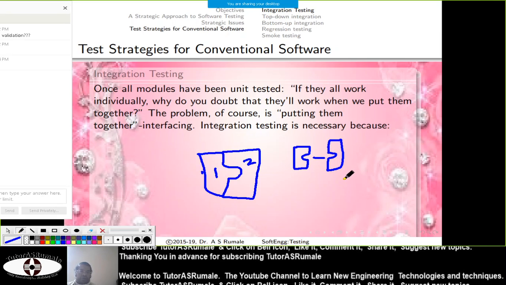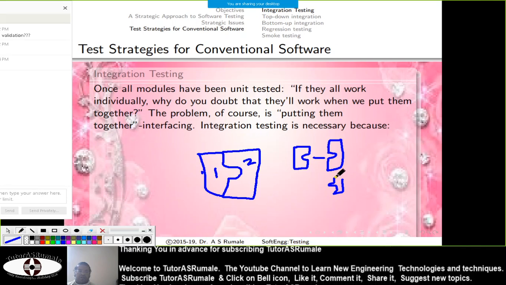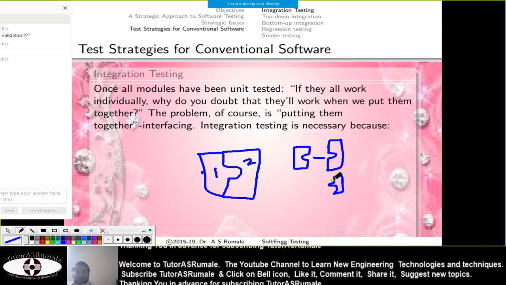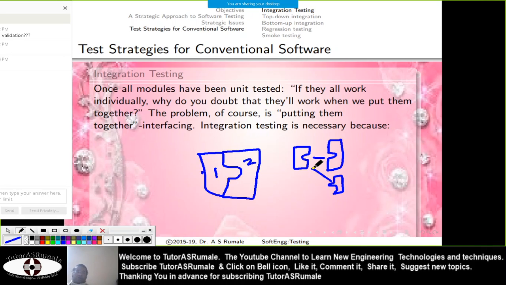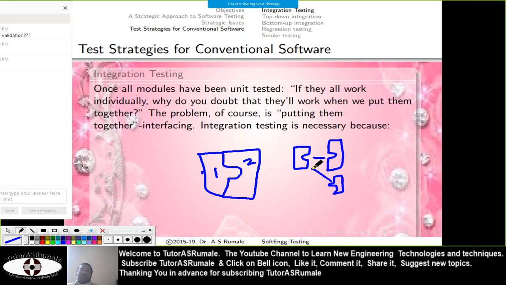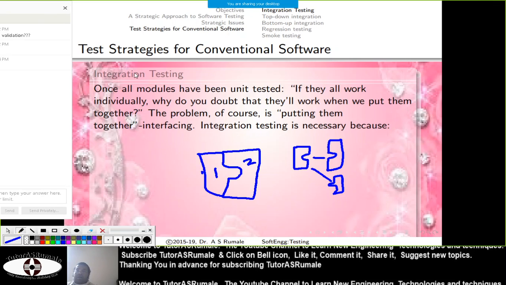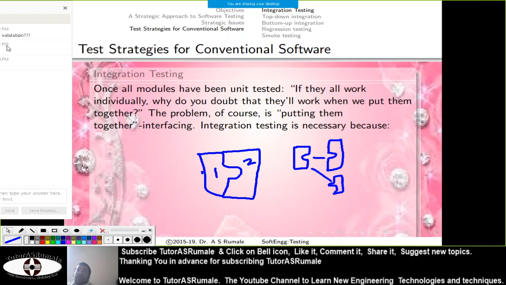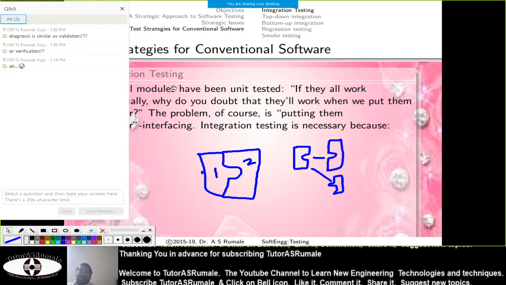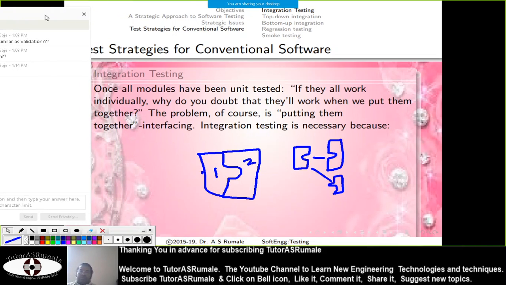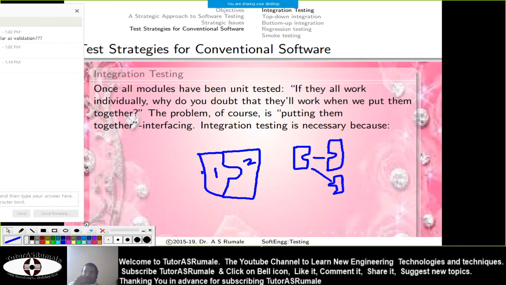You need a unit which should be of this type to get a fit. Whenever you have a plug pin and socket, you always have a receptor and a giver. That is what we call interfacing. Whenever you have this interfacing or integration, you have to check with care and consider this thing. Okay, you got the answer. So this is what we are seeing as integration.